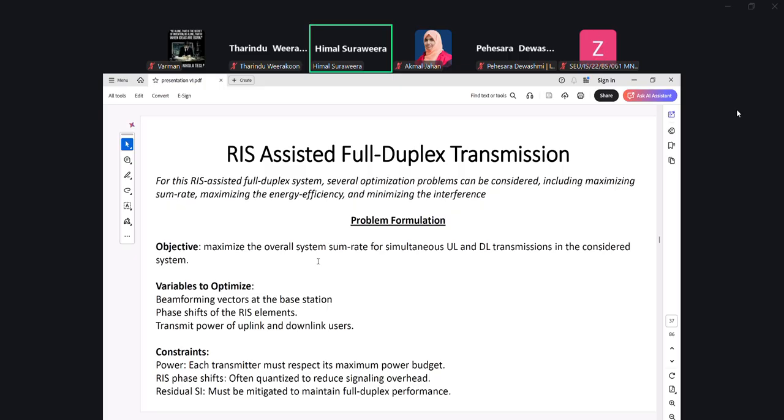Our objective was to maximize the overall sum rate. You have two users. According to Shannon's formula, capacity can be calculated as bandwidth times log2(1 plus signal to noise ratio). If you consider that as the achievable rate, then you have the uplink user rate and the downlink user rate. We consider their sum, and then we try to maximize this sum rate by